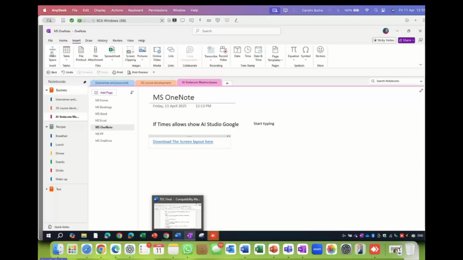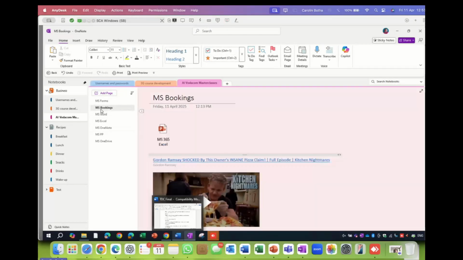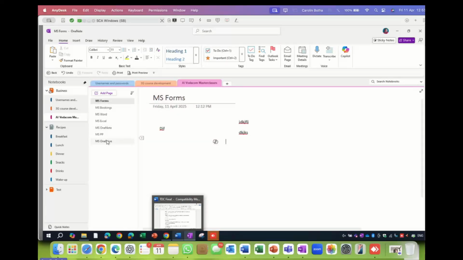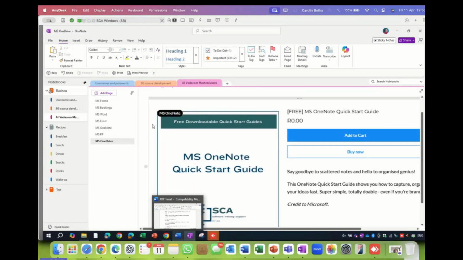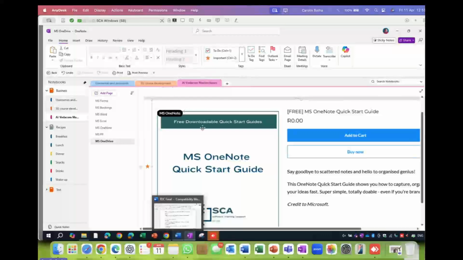Okay, so let me just go to tagging on the home page. Here they are. A whole section about tagging. Let's take this. I'm tagging this as important. It gives me a little star. So whenever I need to find all the important stuff that I need to talk on, or maybe just go and check while I'm doing the training, then I touch on all the important stuff. I open my OneNote and I just go and search, and I'll do that with you in a moment.